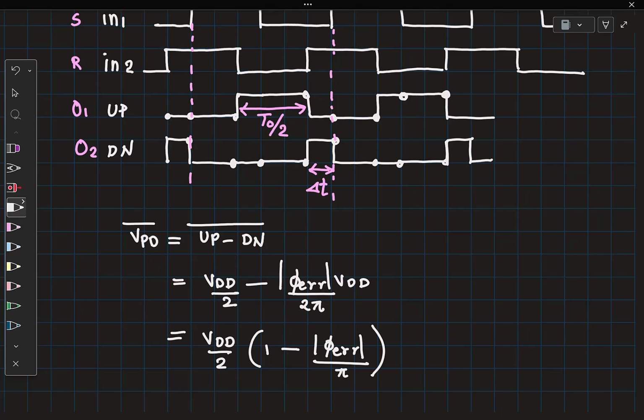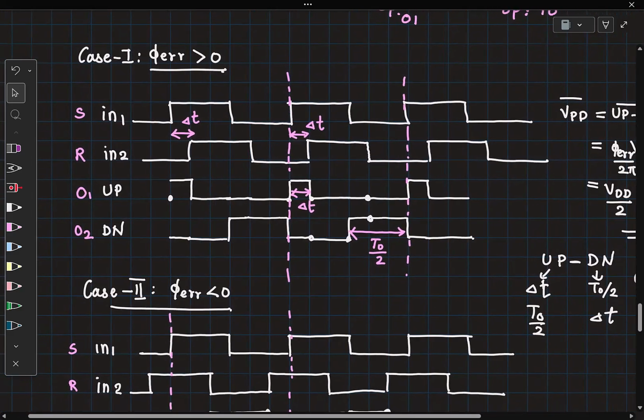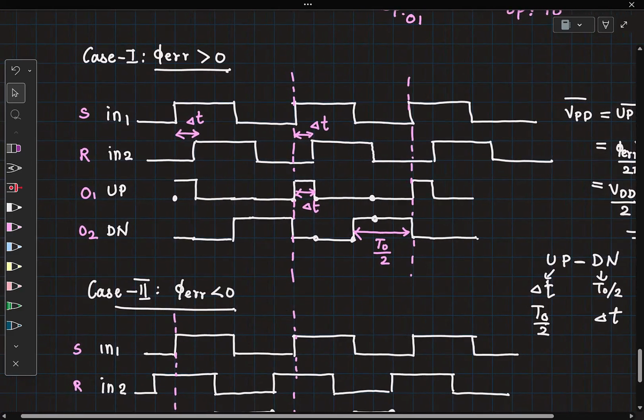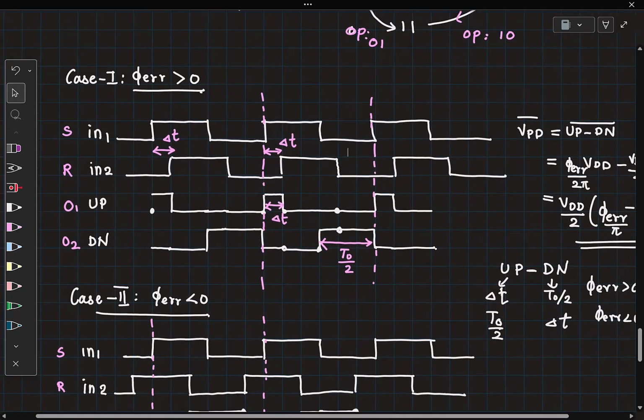Alright, so now we have expressions for some small positive value of phase error, and an expression for VPD average when phase error is slightly negative. Now let's quickly consider this case again. We want to make a guess about for how long these expressions would be valid. For phase error greater than 0, I know this equation tends to be valid. Till what point? Is it till pi by 2, pi, 3 pi by 2, 2 pi, etc.? If you had to take a guess, what would that guess be?